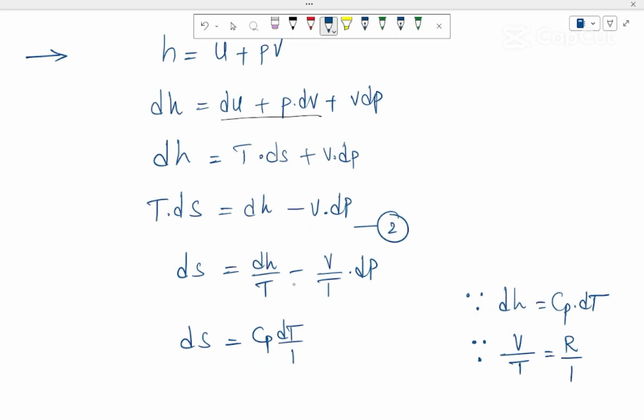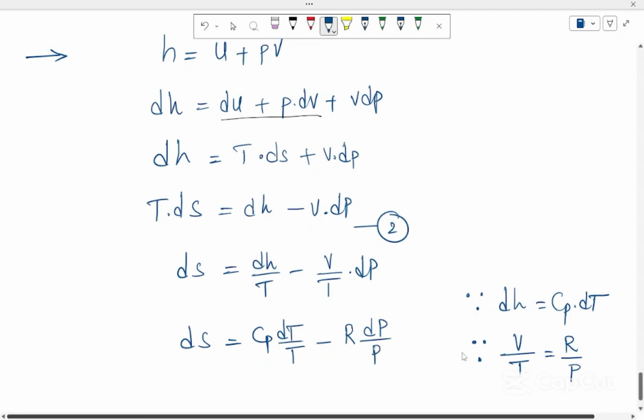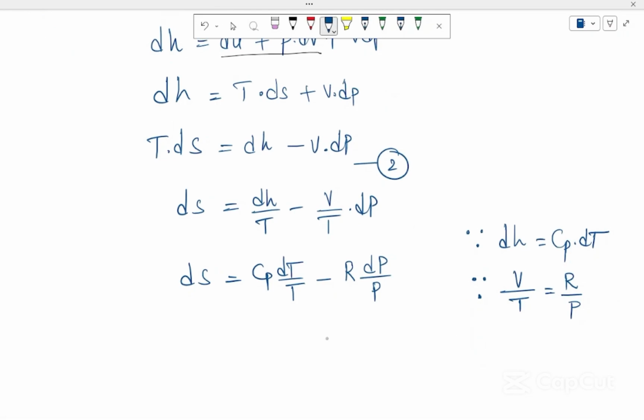by T. Okay, I can write this like this, and then I can write this in terms of my R by P. Actually, this should be P. Since I have dP here, I will write R into dP by P. This is my expression, and I will apply the integration on the three terms here, left hand side and right hand side. If I do this integration here,